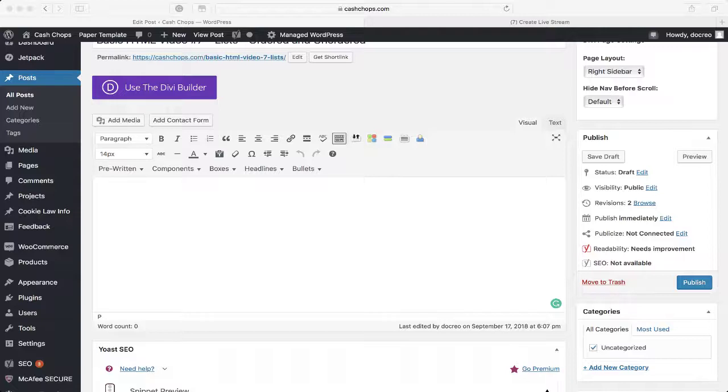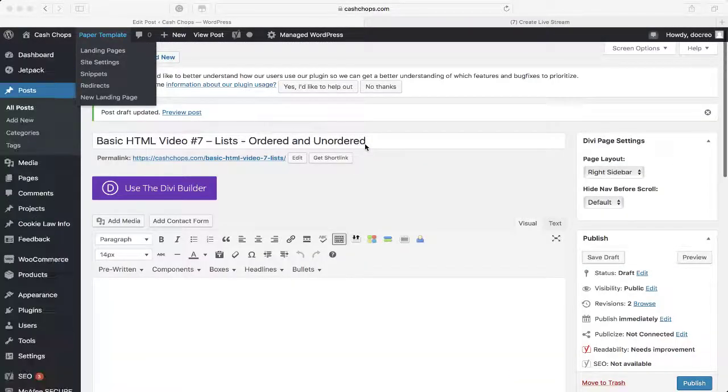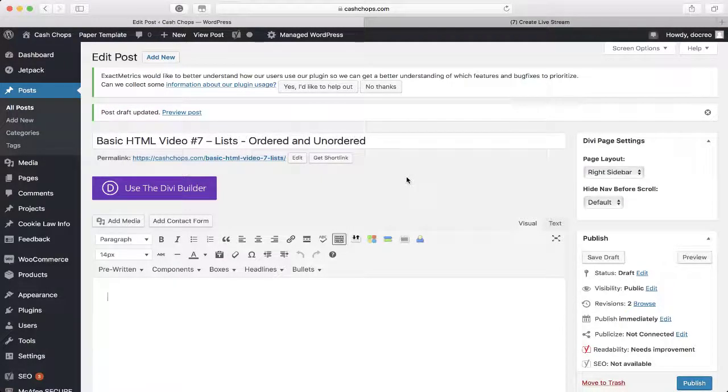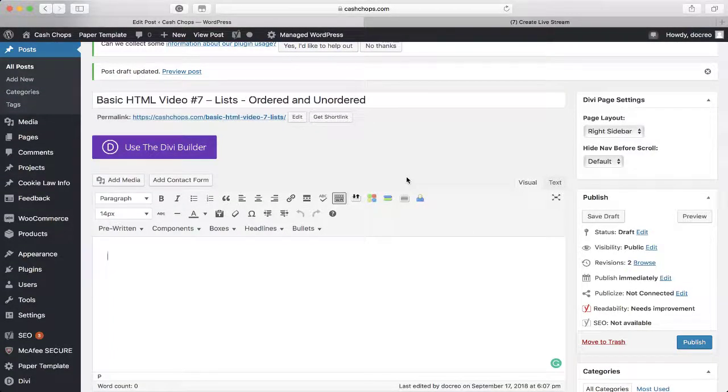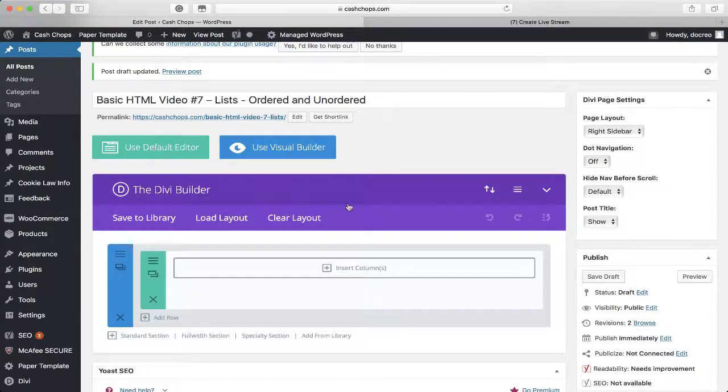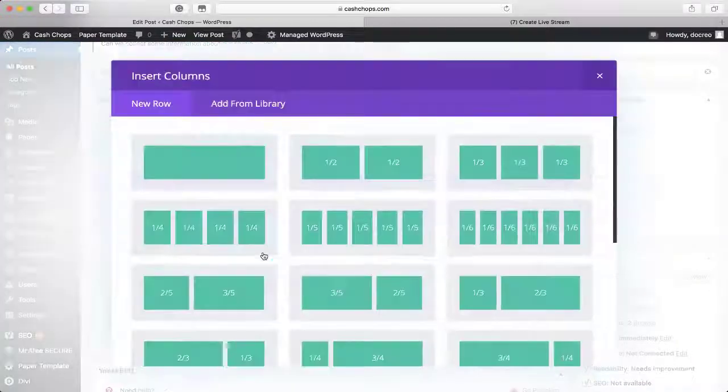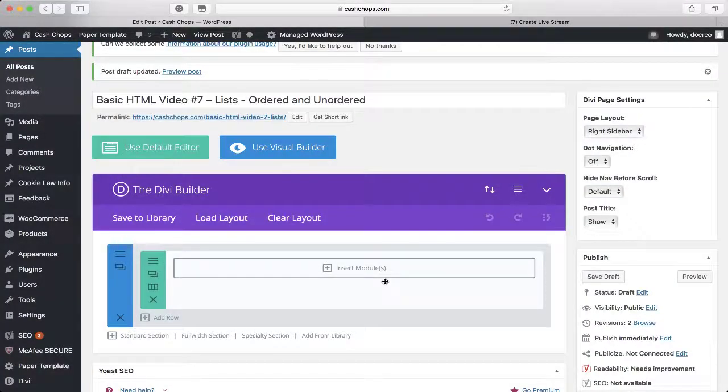So with that being said, let's jump into this lesson real quick. I am in cashchops.com, as you mostly already know if you followed the lessons from 1 to now, which is 7. And in Cash Chops, I use right now the Divi Builder. So I'm just going to jump into that. I'm going to push this button and it's going to open up the Divi Builder and allow me to put in a